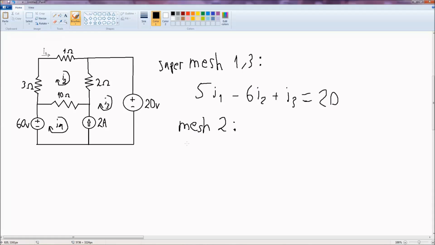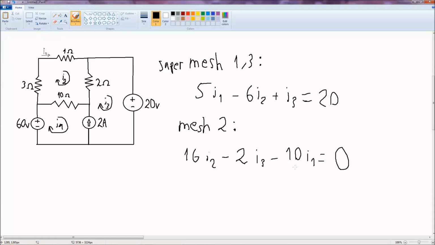And that's gonna be, these all gonna add up, so let's 10 plus 3 plus 2 plus 1, that's 16. 16 I2 minus 2 I3 minus 10 I1 equals